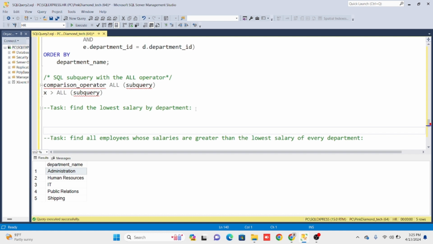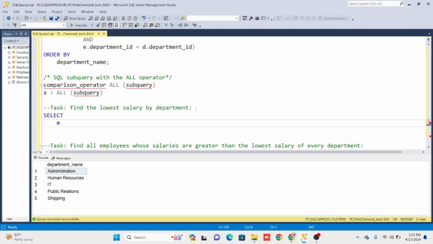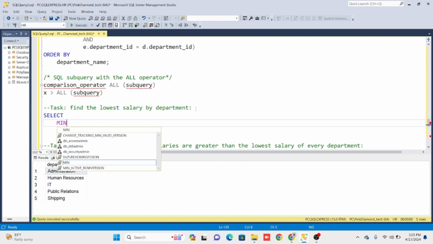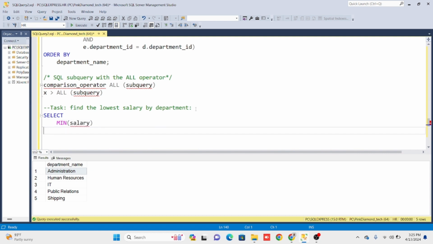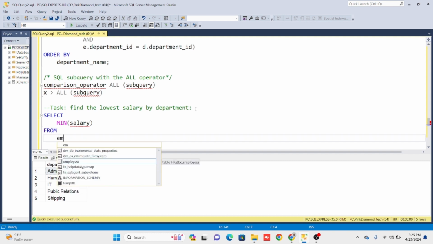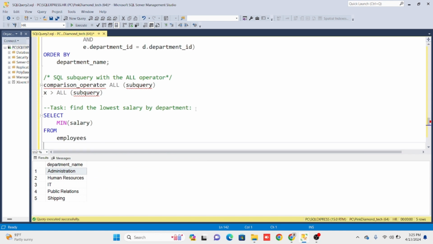To do this, we say select the minimum salary from the employees table, we say group by